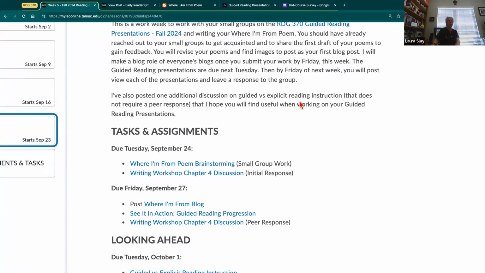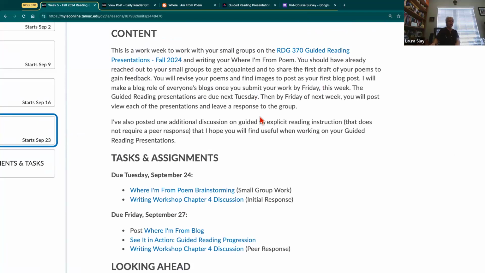So you see, I'm going to tell you right here that this week you're going to be revising your poems. You should be talking to your group members about your poems. It was posted on the discussion board. You can read each other's work. I want you to get together and talk to each other. I want you to read your poems to each other. I want you to share the different versions of what you have. I showed you several different versions of how the poem can go. Mine turned out very differently than the traditional one. So I encourage you to be creative.